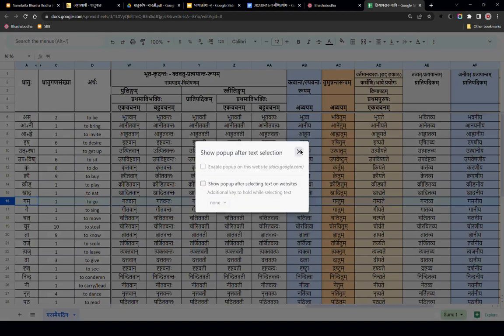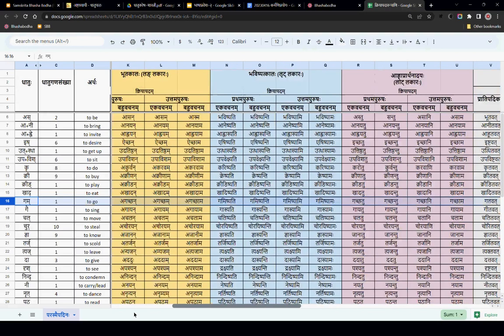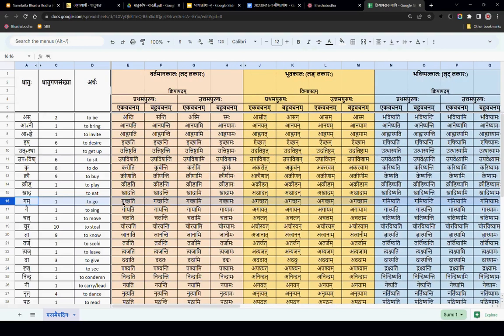Now, one thing, let's understand what is happening here. If you take, let's say, gam dhatu, in the lat lakara, what is the form here? Gacchati. Okay.